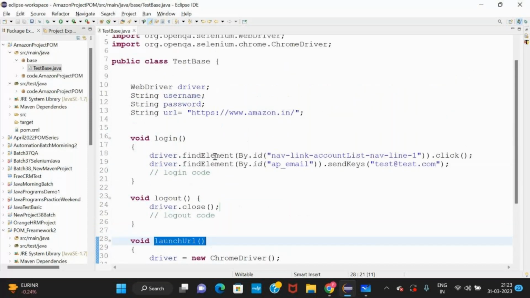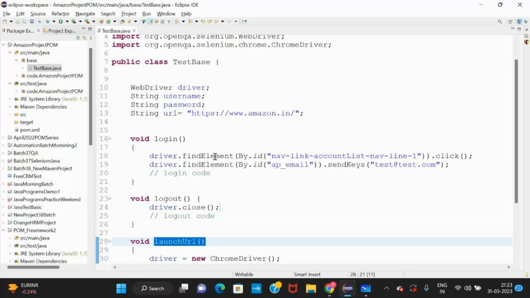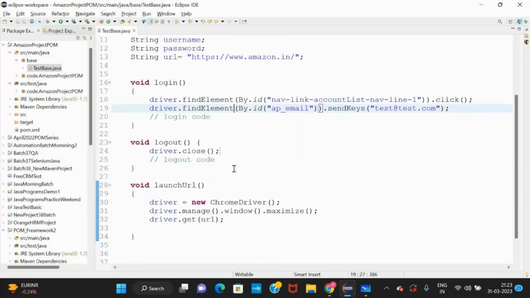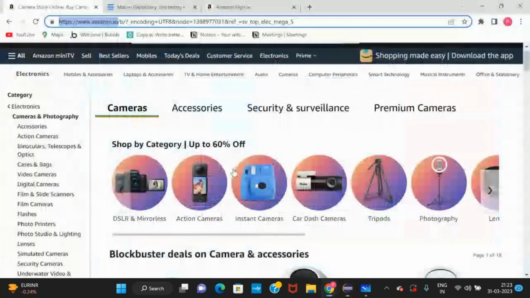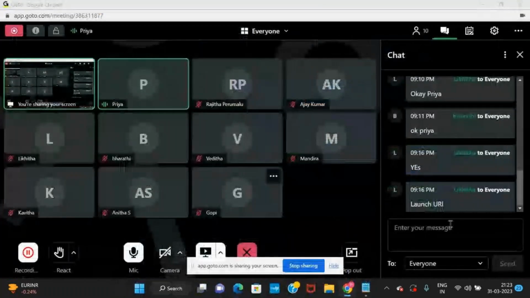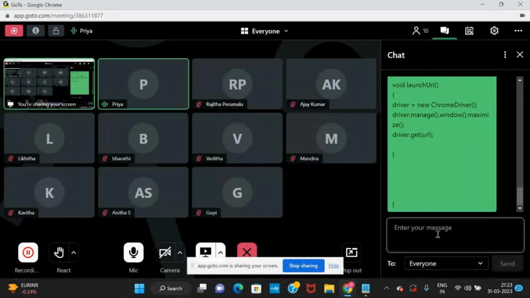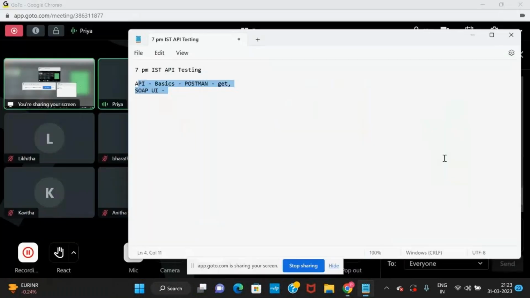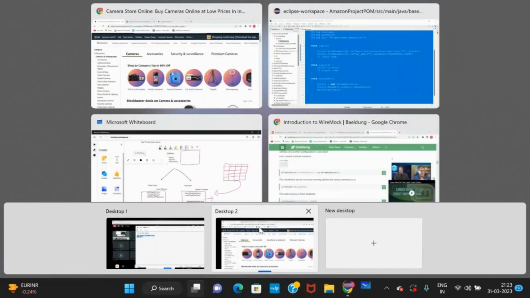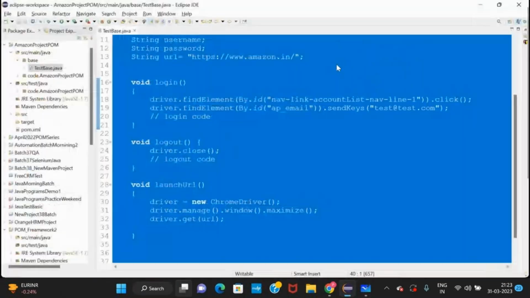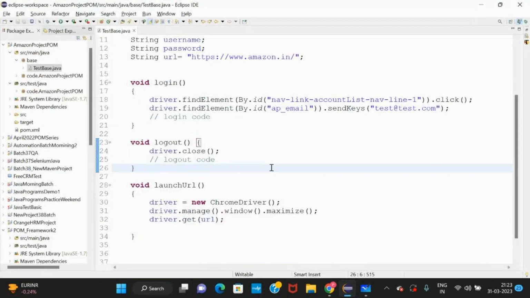Okay, so this is a basic code. Now make a note of this code, which is very simple and easy to understand. I'll provide it in the chat. Everyone make a note of this. I'll modify this code now to a little advanced version. Before I modify, make a note of this and understand.